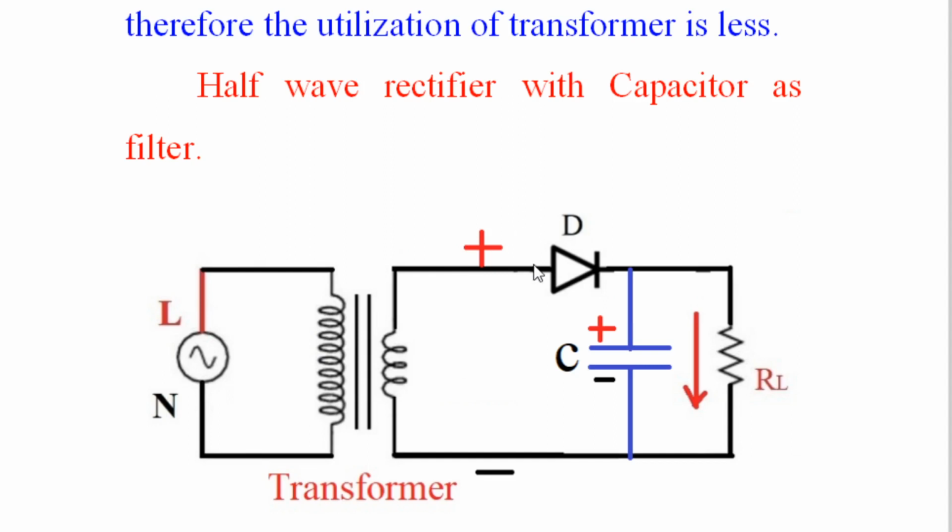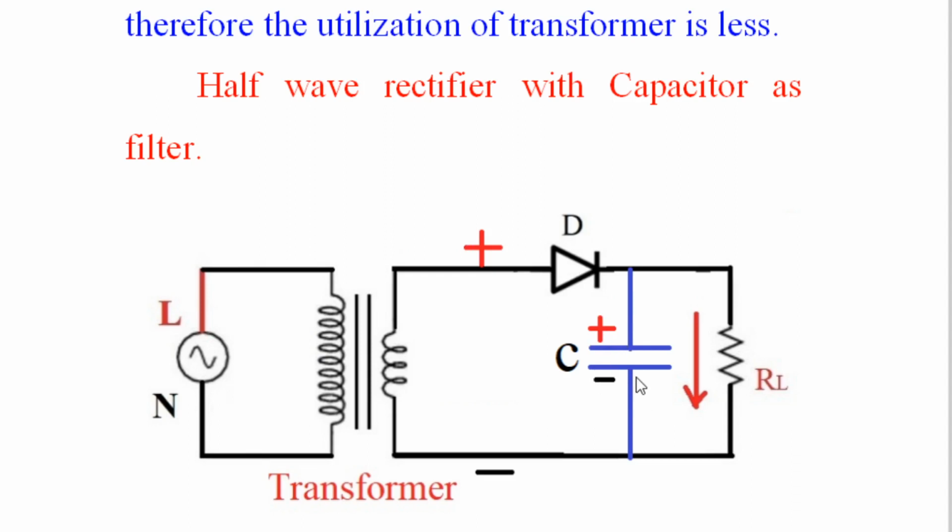When the positive half cycle is going at the anode, the diode starts conducting after 0.7 volt of the input signal, and current starts flowing through the diode. That current goes through RL and the current also goes to the capacitor, and the capacitor gets charged. Therefore current passes through RL during positive half cycle. Now during negative half cycle, what happens here? The anode will become minus and the cathode will become plus. So during negative half cycle, the diode will behave as an open switch, and the capacitor gets disconnected from the input.